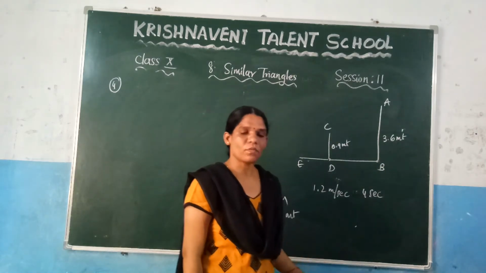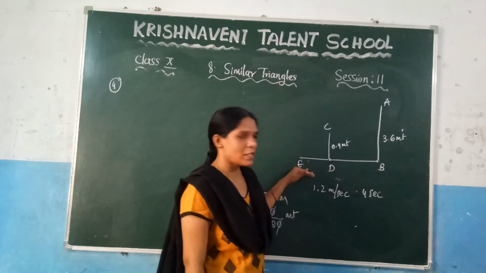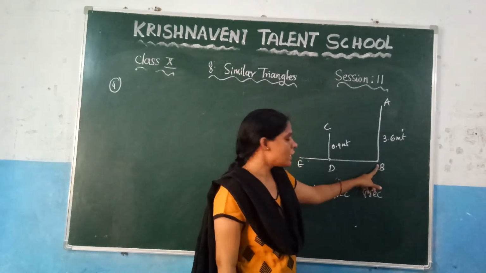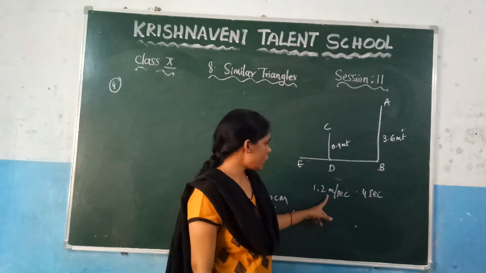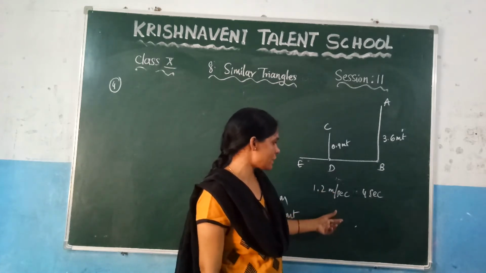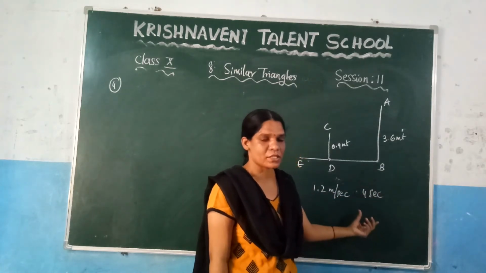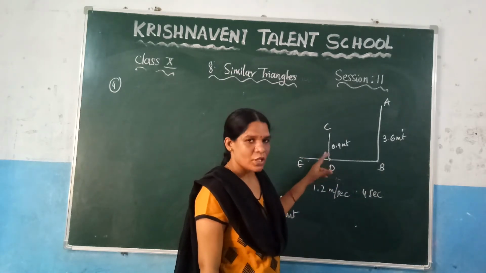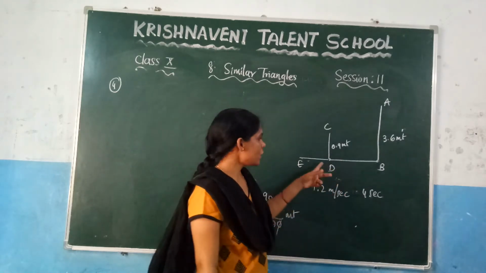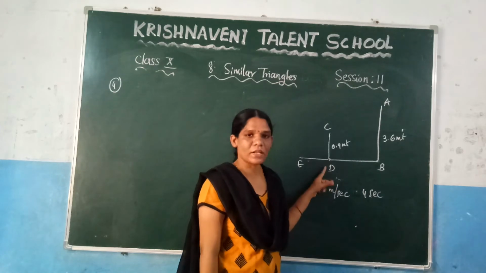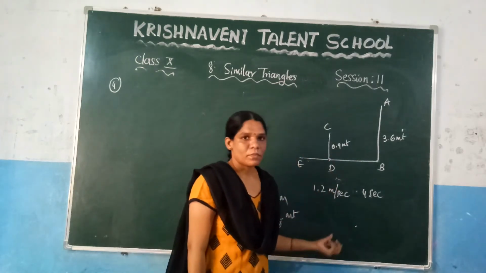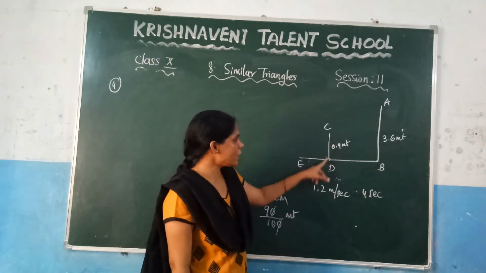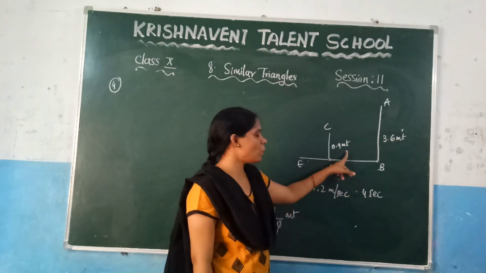So again what they are saying here, let us consider B is the ground and one lamp post is there which is of height 3.6 meters. At this position the girl is walking at a speed of 1.2 meters per second. For how many seconds she is walking? 4 seconds. After walking she reached at this position, and after reaching at this position you know that the girl will stand above the ground, right? So they have given the height of the girl which is given as 90 centimeters. Since the units are not same, we have converted the centimeters into the meters. So we got it here, the girl's length is nothing but 0.9 meters.